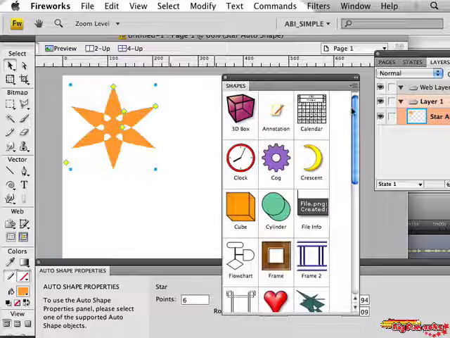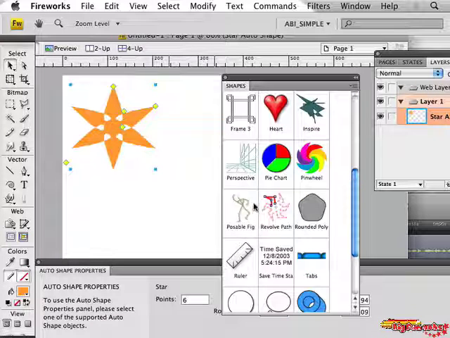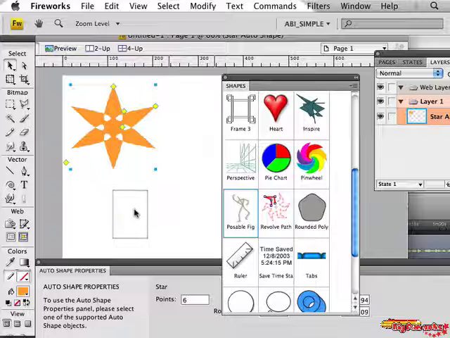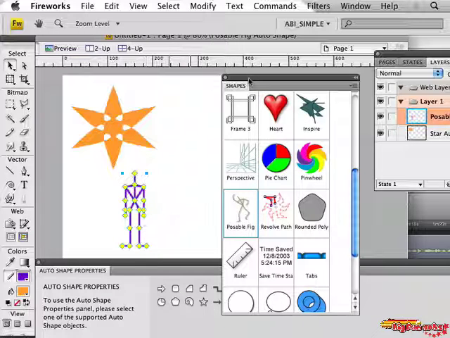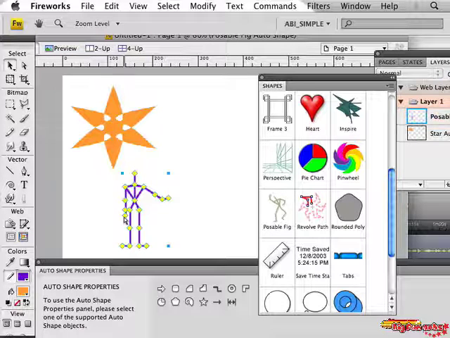Let's take a look at a couple of these pre-made auto shapes. I'm going to drag the posable figure out onto my stage here, out onto my canvas. And this guy's pretty neat because you can move his arms and legs and set up little scenarios here. This little jointed person can be super helpful for making storyboards. Just see if I can grab these points here, moving his left hand, and this is the left wrist. Here we've got the left elbow, left shoulder,